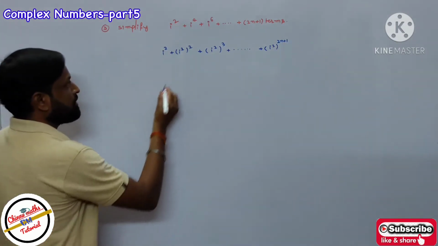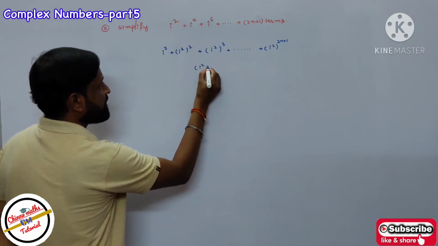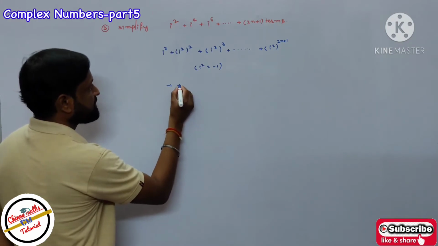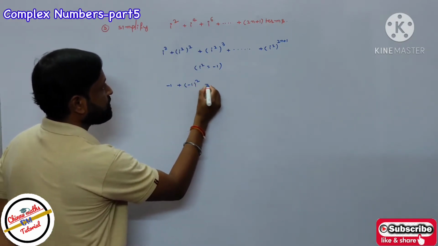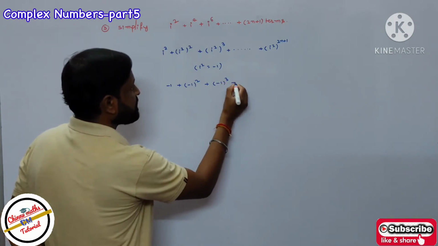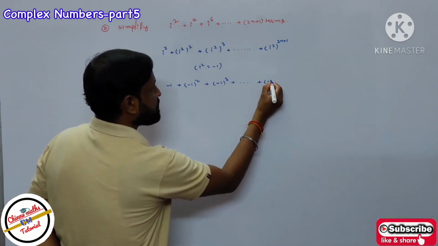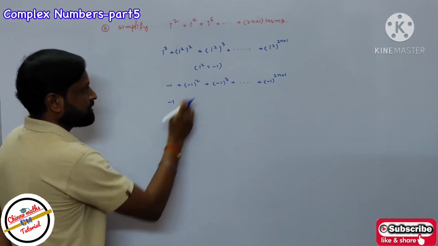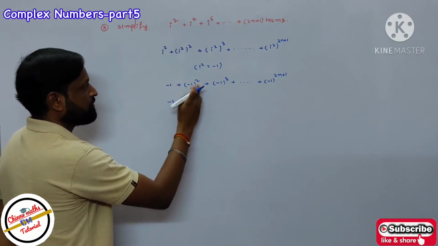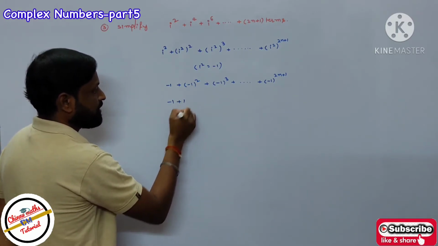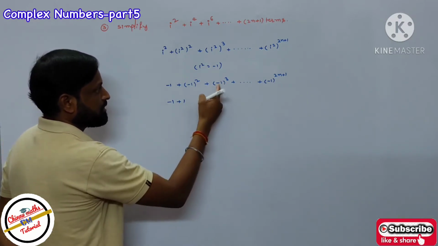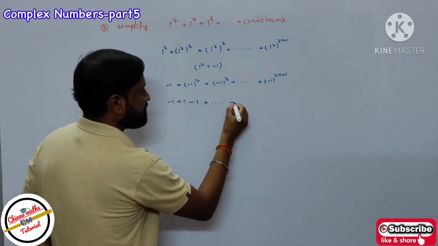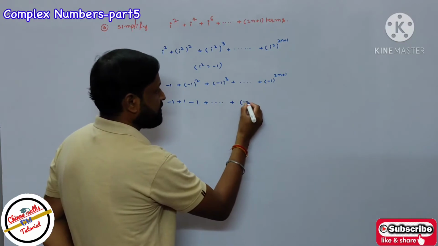Okay, then already we know the value of i square is equal to minus 1. Then substitute: minus 1 plus minus 1 to the power of 2 plus minus 1 to the power of 3 up to plus minus 1 to the power of 2n plus 1. Okay, then minus 1, 2 is the even number, so minus 1 to the power of 2 is equal to the positive value plus 1. 3 is the odd number, so that is why its value is equal to minus 1, minus into plus again minus 1 plus up to minus 1 to the power of 2n plus 1 can be written as